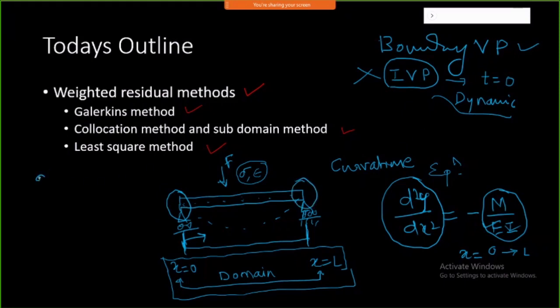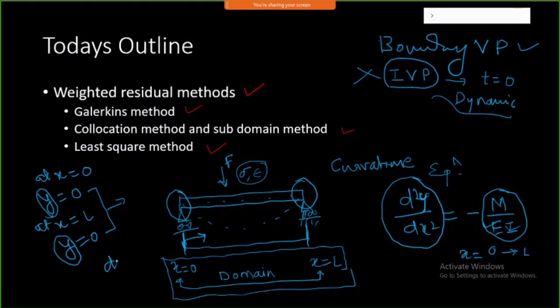I can have at x equal to 0, my y is 0. This is one boundary condition. Another condition, because this is a second order equation, I should have two boundary conditions at least. And at x equal to L also my displacement is 0. So this is what we call first order boundary conditions, because you are only talking about displacement, you are not talking about any higher order derivatives. That's what it is in simple terms.